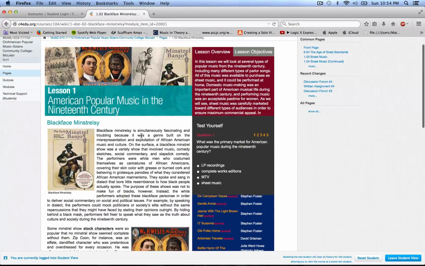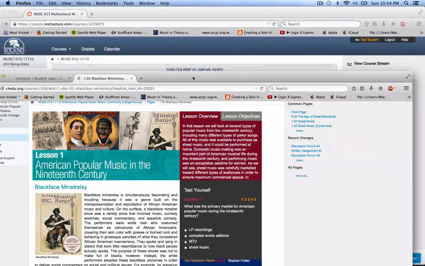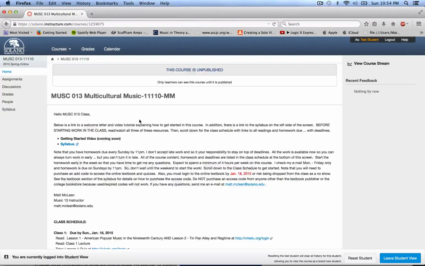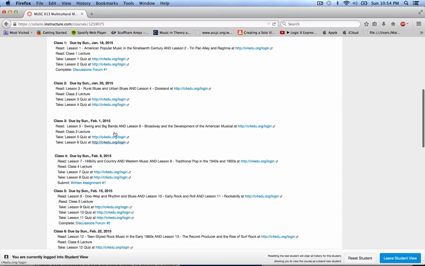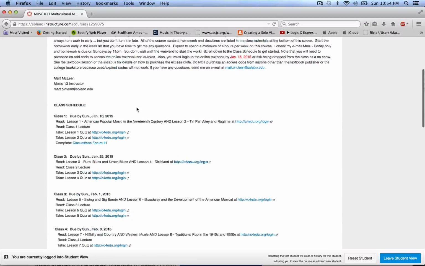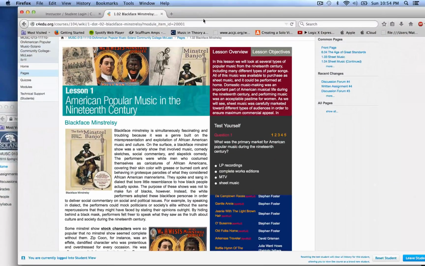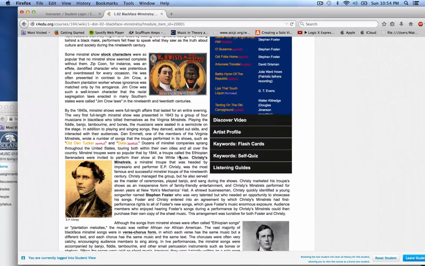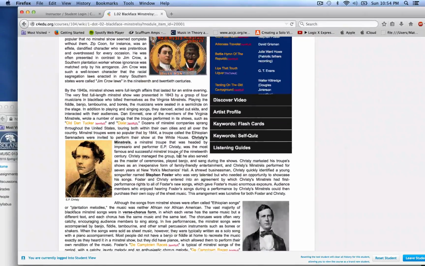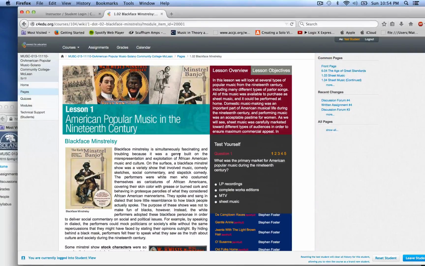And you can keep tabs on everything back here within Canvas. It's all on the main page, what you have to do in terms of discussion forums or quizzes. But I really love this textbook. A lot of big schools are using it. It's fantastic. Message me through Canvas if you have any questions, or in a pinch, you can hit me up at